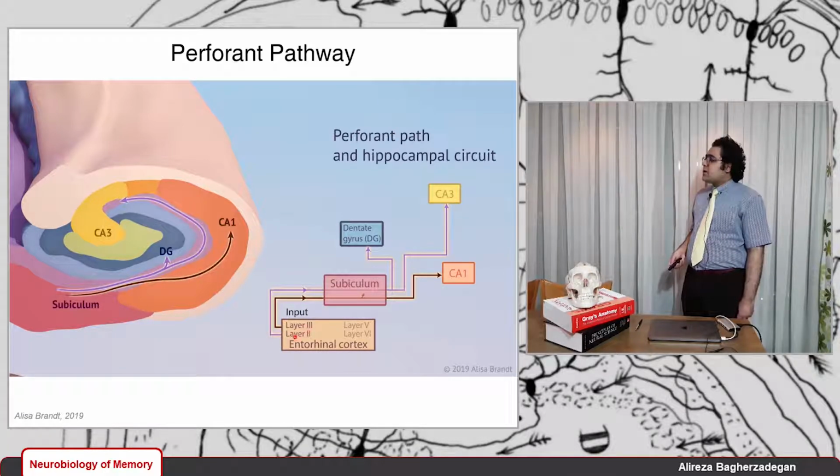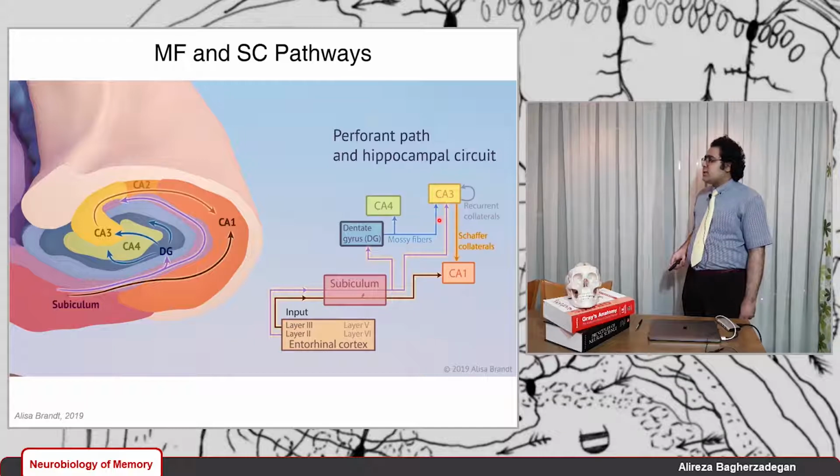And it sends some signals to the subiculum and to the dentate gyrus from layer 2 through the trisynaptic pathway. So the initial leg of the trisynaptic pathway starts at layer 2 of the entorhinal cortex, sending some information to the dentate gyrus. And sometimes subiculum sends some information directly to CA3. And then from the dentate gyrus,